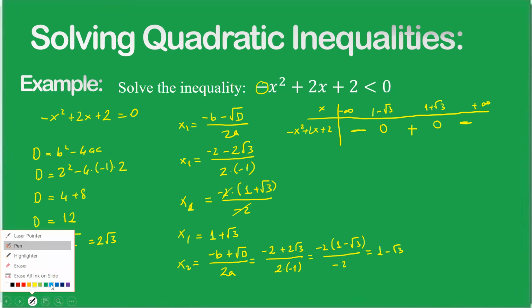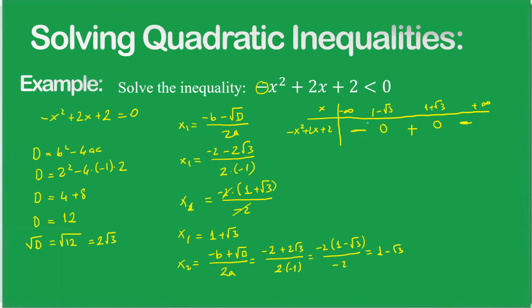Here let's shade the solution part. We want less than 0. This part is less than 0, also this part is less than 0. Now let's write the solution set. x is from minus infinity to 1 minus square root of 3. We're going to use parentheses because we have less than 0, and here from 1 plus square root of 3